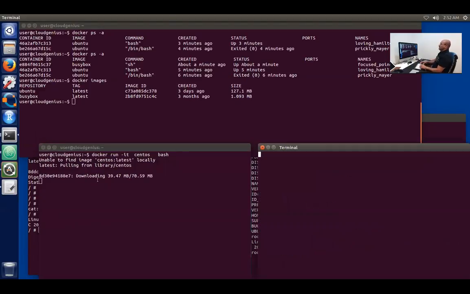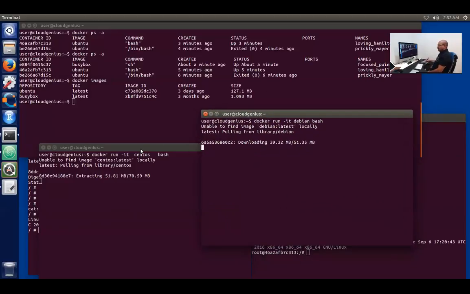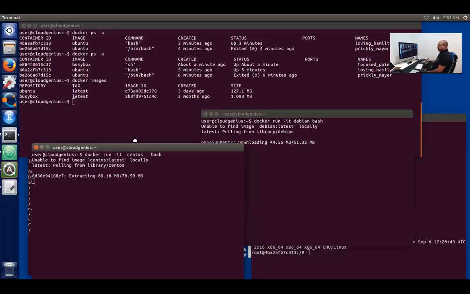While it does that, I'm opening another terminal, and in there I run another container. Docker run. This time I want to run the Debian operating system and give me the bash shell in there. It doesn't find Debian locally, so it pulls it down, and I'm going to wait for the download to finish. When it finishes, I will have a Debian container in this window, a CentOS container in this window, and